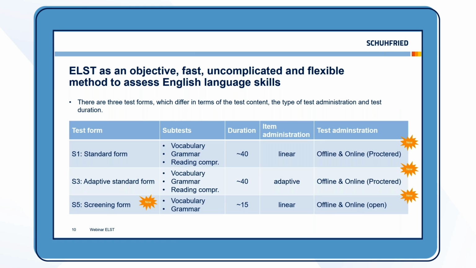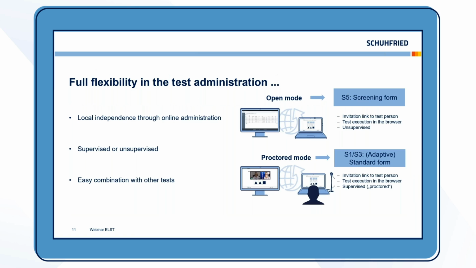The third aspect of how the test forms differ is the practical ways in which the tests can be administered. With the updated ELST, it is now possible to assess English language skills through online tests. So this gives you full flexibility when it comes to test administration. The online administration allows you to be independent of location. You can perform supervised or unsupervised testing, and ELST can of course also be combined with other tests in the